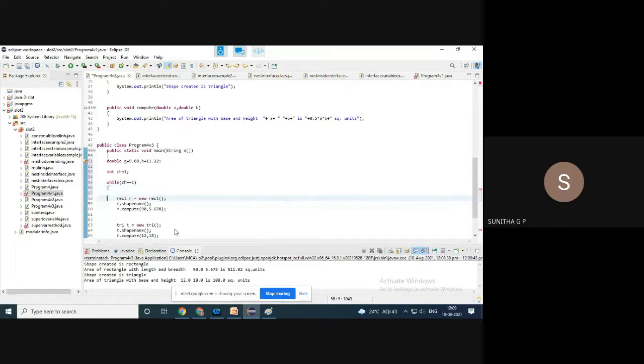You can create the new value, and here you can change these a and b values.